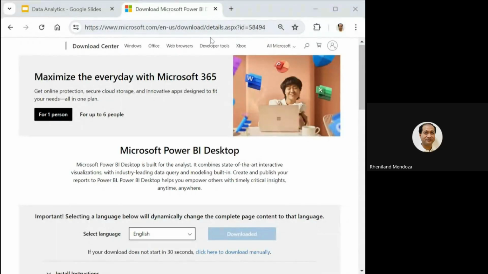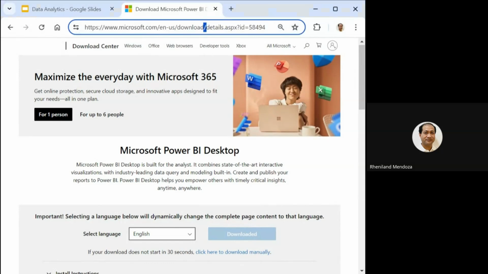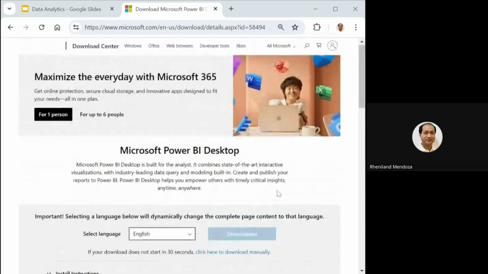Can you see my screen? This is the exact site where you can download your Microsoft Power BI desktop. Just click on this download button here.